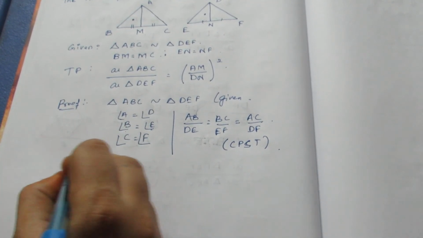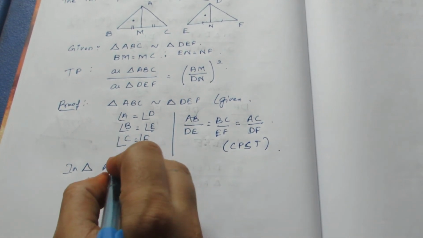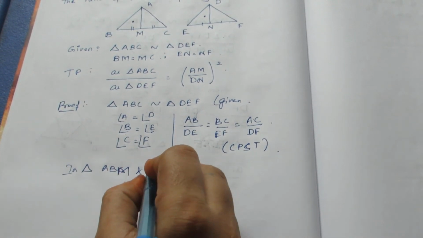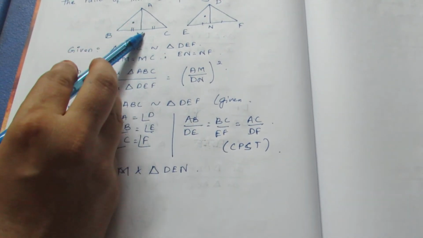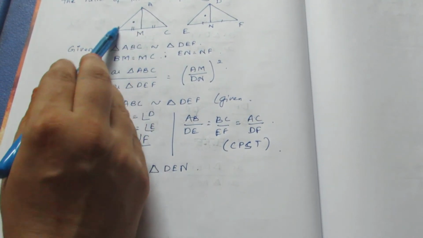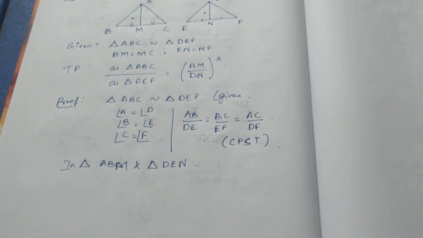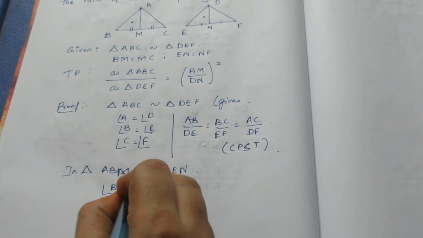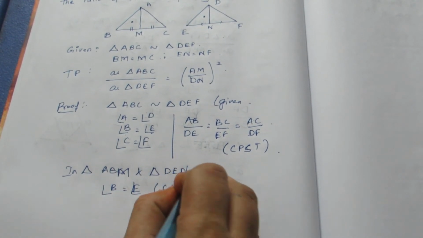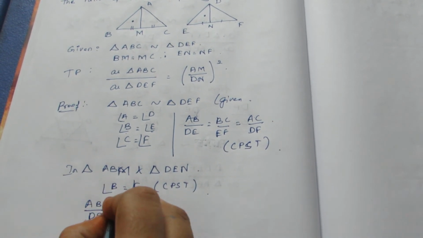Taking triangle ABC and ABM, triangle DEN, because we want the median line. So I am just taking the smaller two triangles and we are proving it to be similar. Now we know that angle B equal to angle E by CPST, and taking AB by DE is equal to